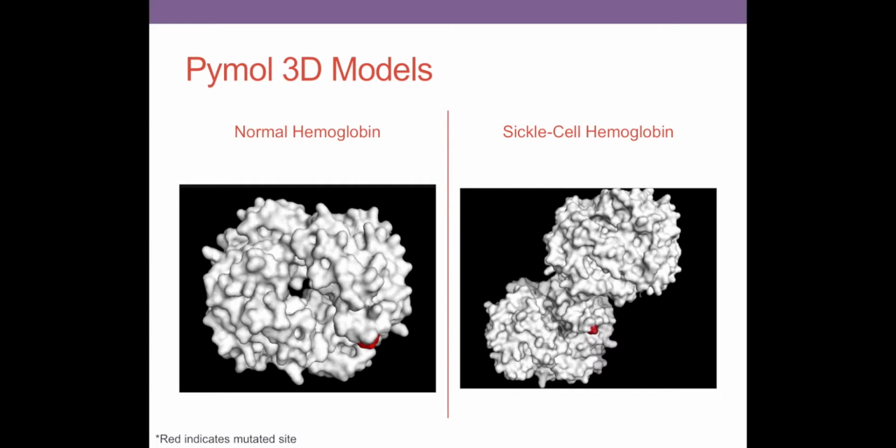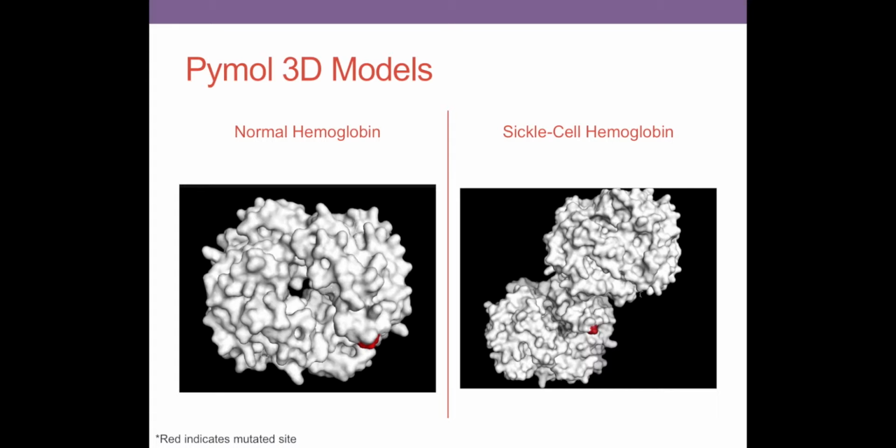In order to make my models, I had to download the DNA sequence from a website called Protein Data Bank. I downloaded the DNA sequences of normal and sickle cell hemoglobin and imported them into a program called PyMOL. This program will automatically generate the 3D structures of the proteins, and these are the structures I used to make